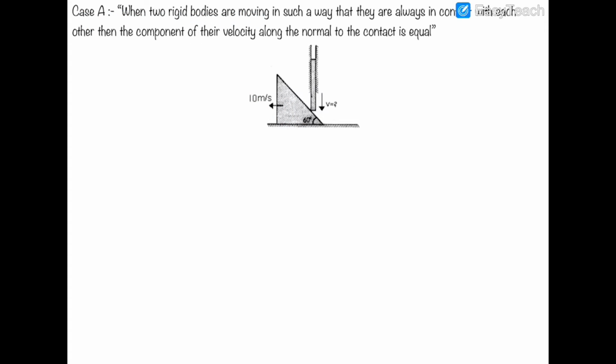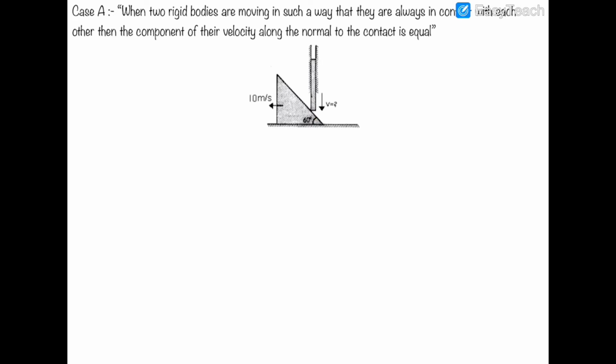Now in this problem we can see that there is an inclined plane which is placed on the floor, and there is a rod which is restricted between two vertical walls. You can see this and this are walls, vertical walls, and they are restricting the rod to move in x-axis. So the rod will only move in y-axis due to its weight, and when the rod is released, it is moving downwards.